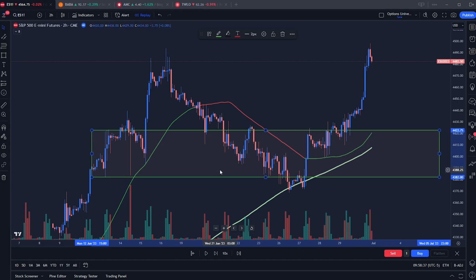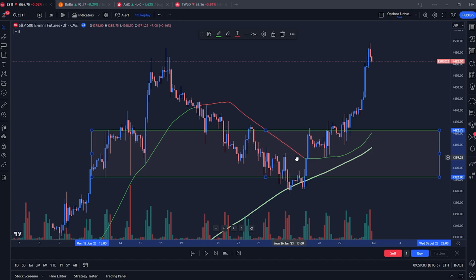Sometimes they're tight, sometimes they're a little wide. Either way, it doesn't have to be crazy accurate. The whole theme here is just to understand where the market wants to start to transact buyers. Now, this is obviously a 2-hour chart, so I'm not going to be scalping off this chart. These are going to be longer term trades. If I'm putting on like a 3 or 4 or 5 week dated call, then I want to know that somewhere in this 30-point range that I need to start thinking about closing out the transaction,